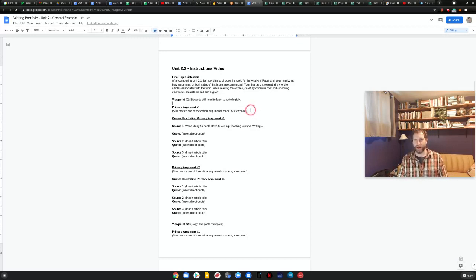And so the primary argument that I'm going to say here is that one of the main arguments is that cursive writing not only improves penmanship, but it also improves cognitive skills.